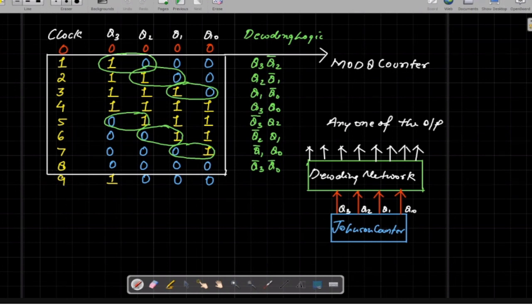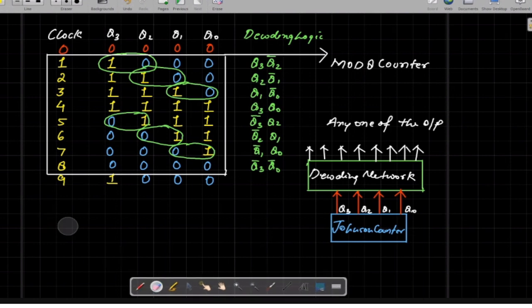But before that, let me draw the clock part also. So the clock in this case will look like this, because we are considering 2 outputs at a time. So this will give a clock like this. I'm drawing just for the sake of